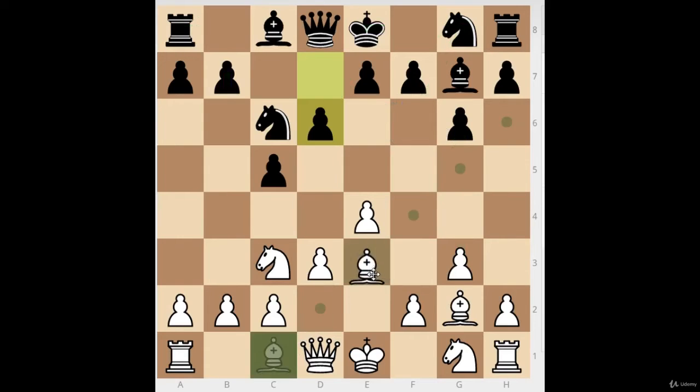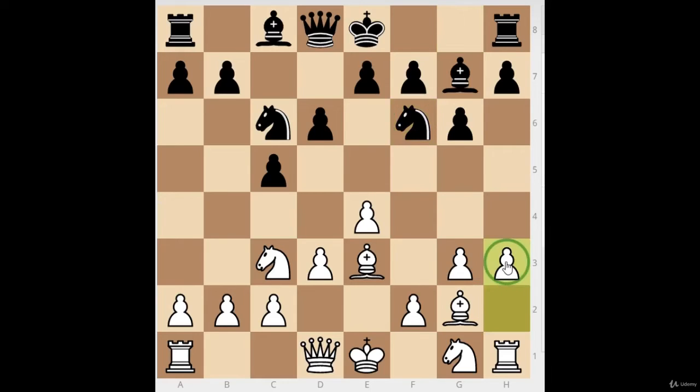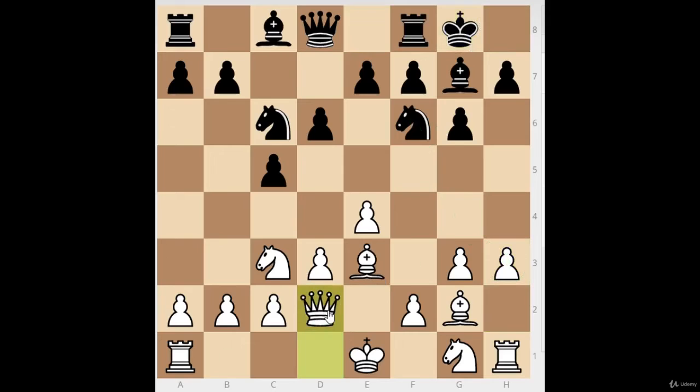We play something like bishop to e3, they play knight to f6. Okay, good for them. They're playing it like a dragon. So most dragon players will actually try this against the closed Sicilian. So then we put the pawn on h3 and say, nope, you're not coming here because I'm not gonna let you. And right away they're probably gonna castle, and we're still gonna play the queen to d2